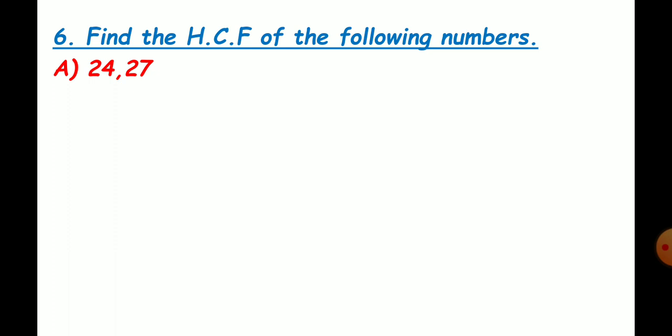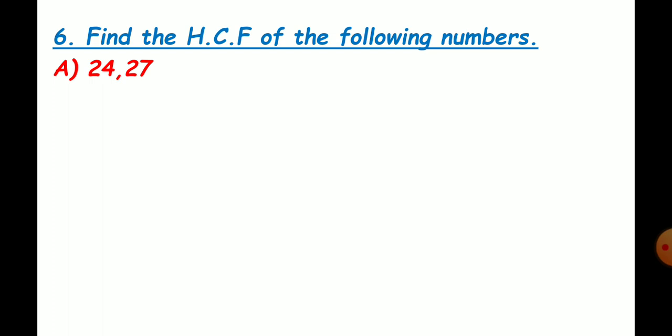Our next topic is finding the HCF. HCF means highest common factor, children. Already we know how to find the factors of the given numbers. Also we know how to find the common factors of the given numbers. Now what are we going to do? We are going to find the highest common factors. So this is going to be the same kind of sum. Here we have two pairs of numbers, right? 24 and 27. First find the factors of 24 and then find the factors of 27.